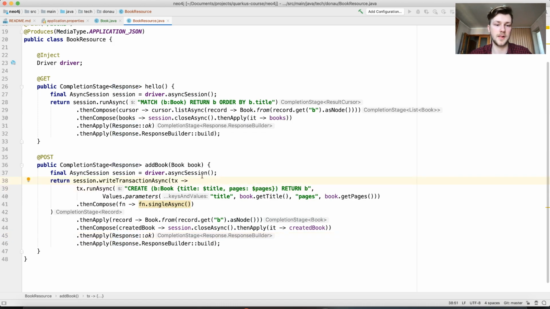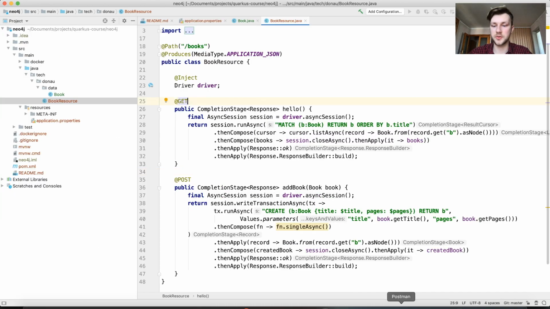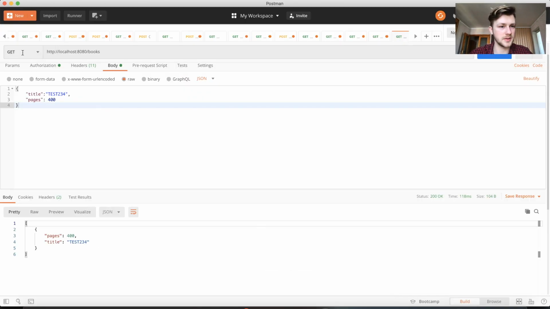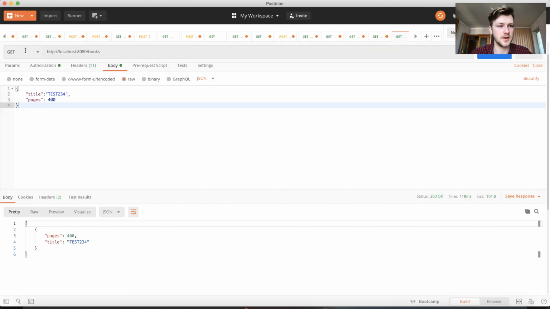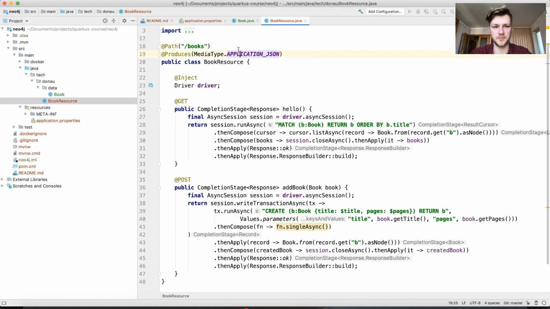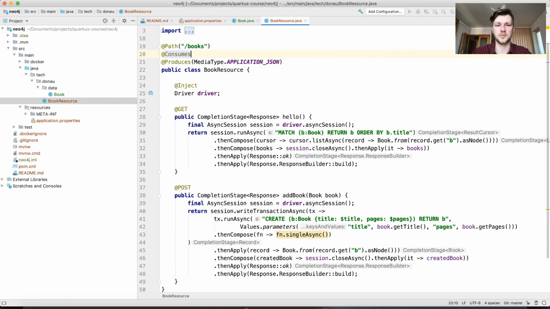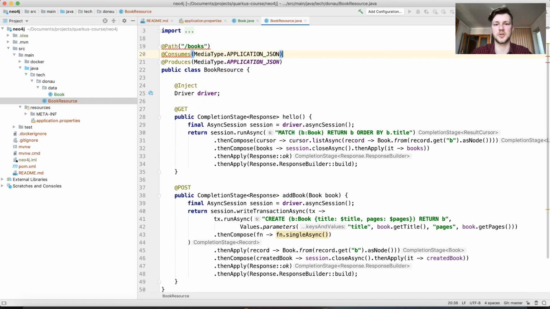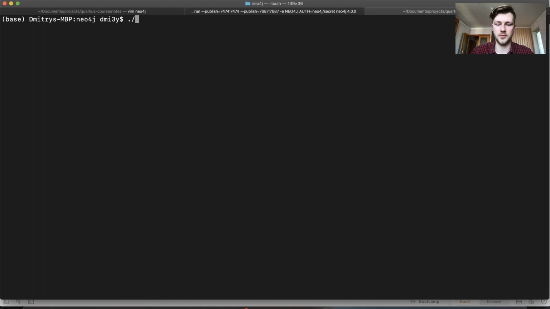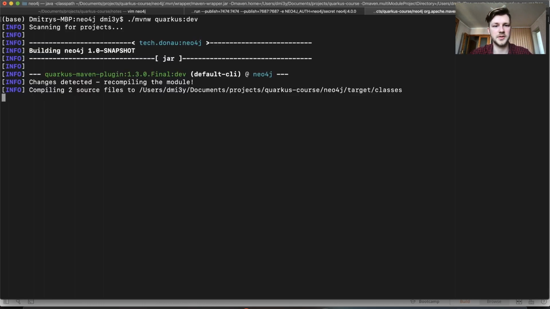So nothing special, just the two methods. So let's try to use it, of course. So let's go to Postman, and we have a /books. Let's see if it's correct. Yes, it's correct. So let's post. Actually, we need to consume as well, consumes media type application JSON. We also need to start our Quarkus server as well. So let's call maven Quarkus dev, and now after it's started,